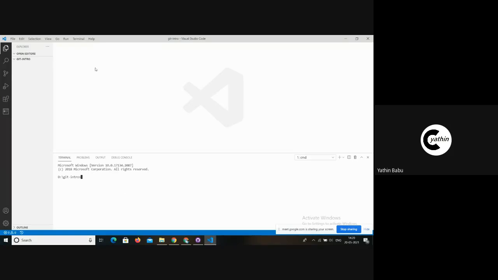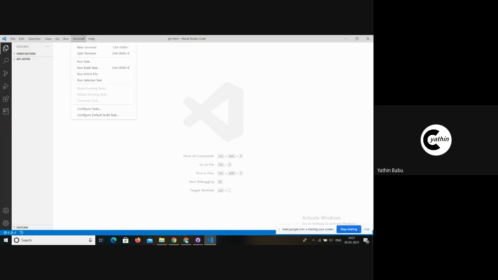In software development, there are two ways of executing Git commands. One is through a graphical user interface, which I will also show you, and the other is using a terminal command line interface.